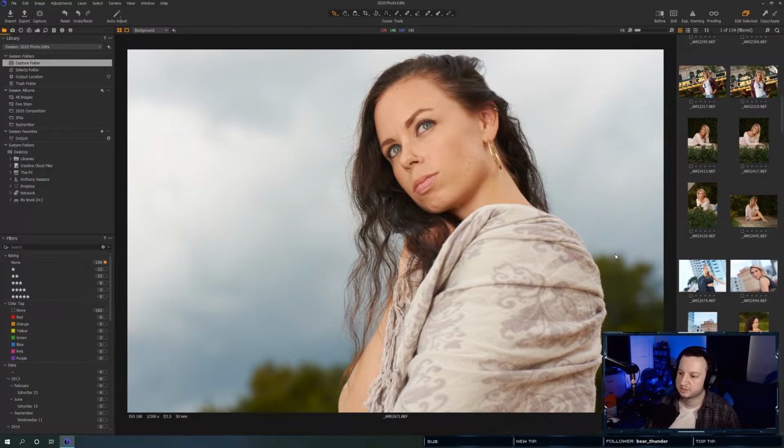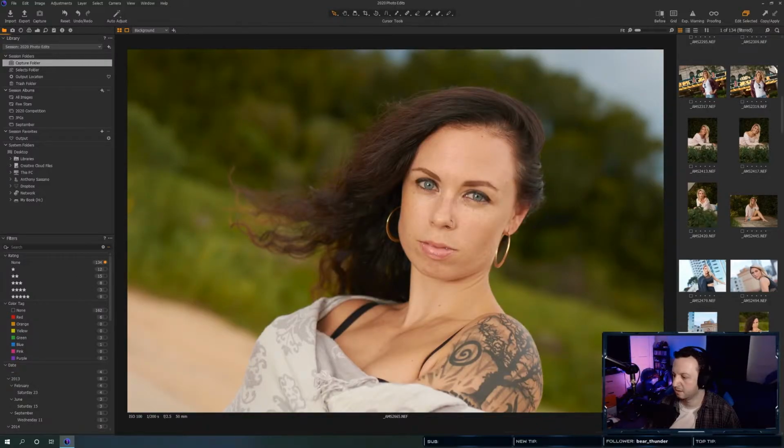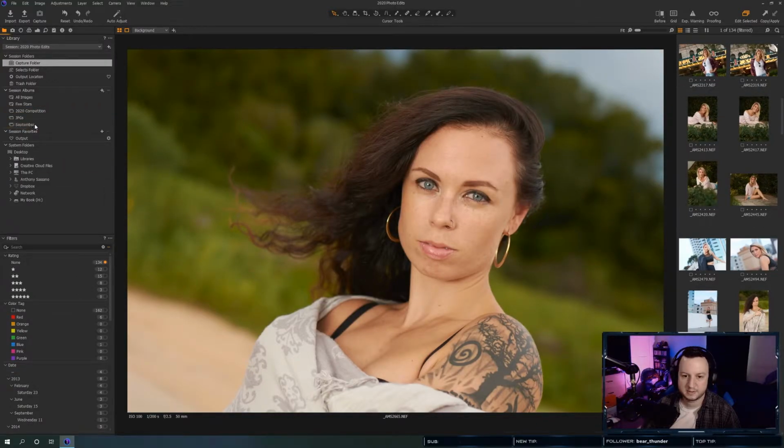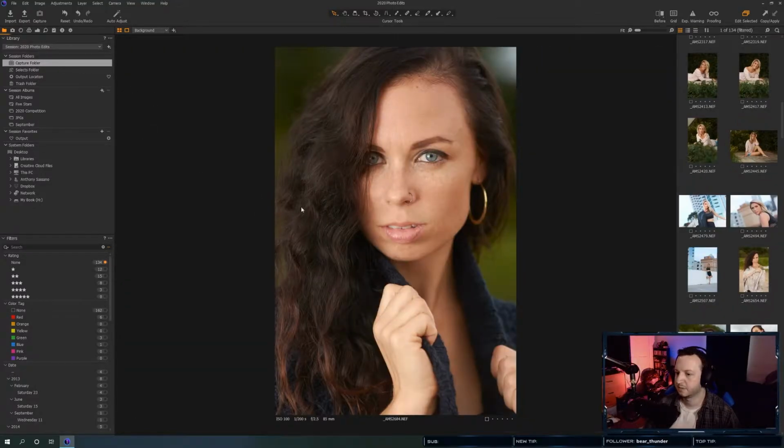This one's pretty good too. Maybe we'll do that one another time. For right now, we'll throw that one in there. Right now, we're just trying to find a photo that we want to edit for today. Maybe we can get through a couple. See, I like these two. I really like this one.